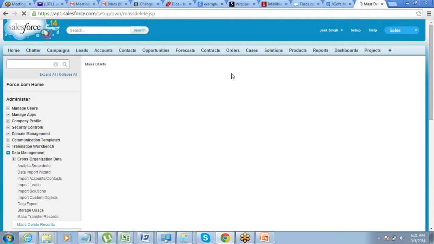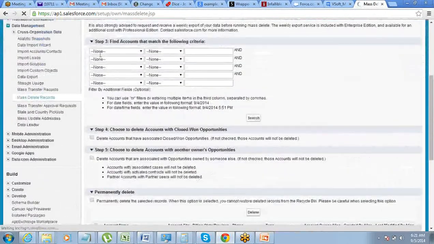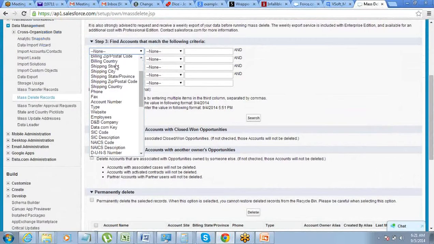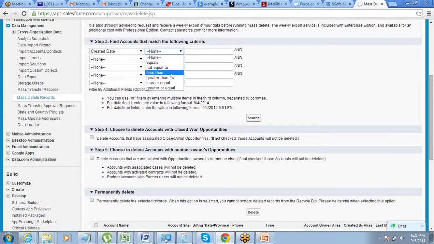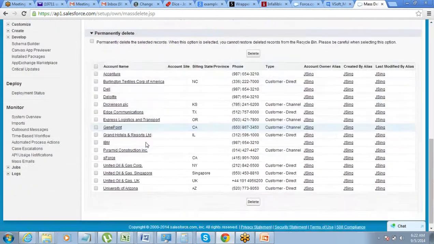So same option, click on search, if before deleting you want to put some filter on the data that you want to delete. For example, I was telling you that we want to delete old data. So if you want to delete all the data which was created, let's say, before 2010, if you have something like this, that any record which was created before 2010, then you can delete. So you can search those records and then select all of them and go ahead and delete them. Okay.